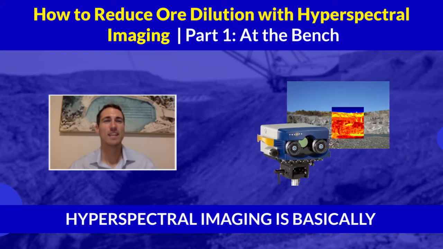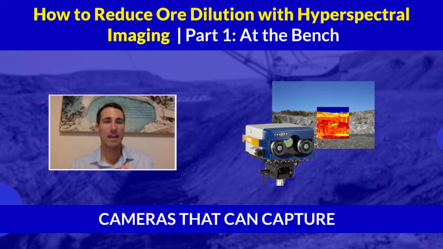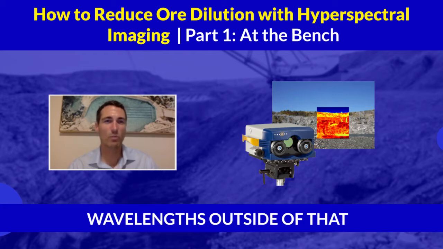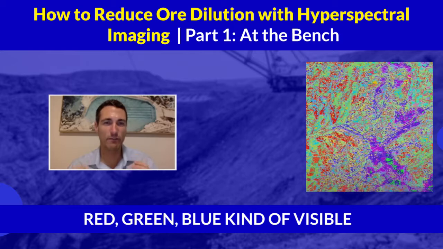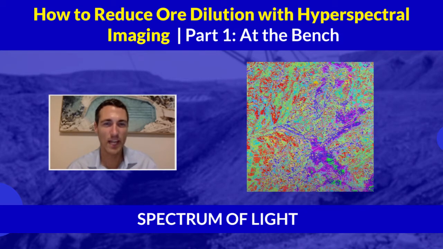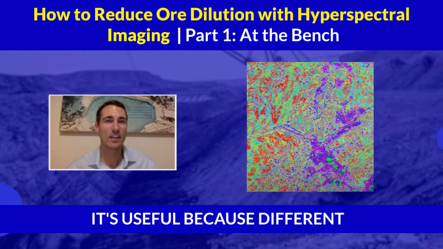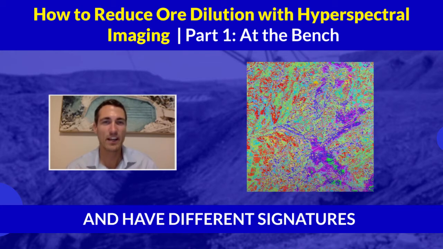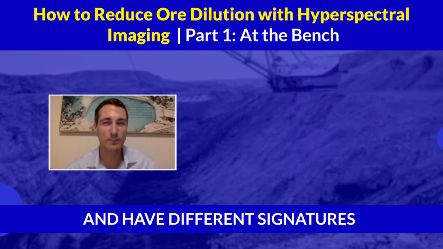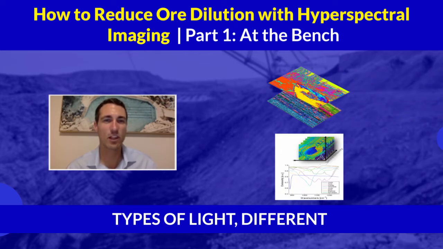Hyperspectral imaging is basically cameras that can capture wavelengths outside of that red, green, blue visible spectrum of light. It's useful because different minerals have different signatures for reflecting different types of light,